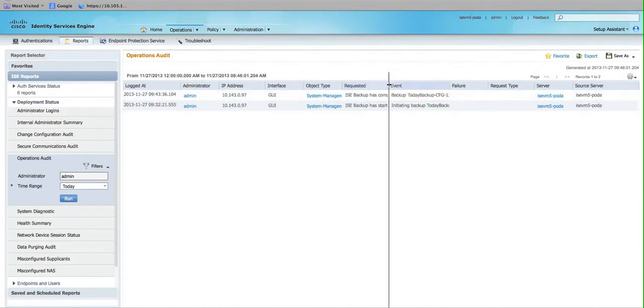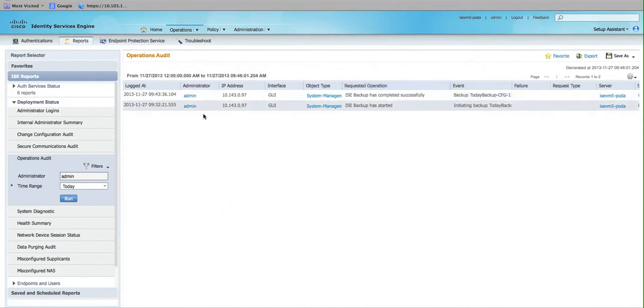If you look at these messages, it says at what point of time, who is the administrator, and what is the IP address, whether the backup has been triggered from the GUI or CLI, and what is the object type, and what is the operation. I have started it at around this certain timestamp, and the backup is initiated,